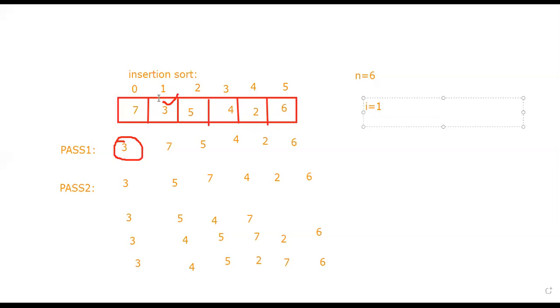I and j will both be compared. The j value here is 0. So I is compared with j, that is why the jth position is 0. Before 0, what is there? -1 is there. If -1 arises in the program, ultimately the search will stop. There is nothing before 0, so the loop will be terminated.